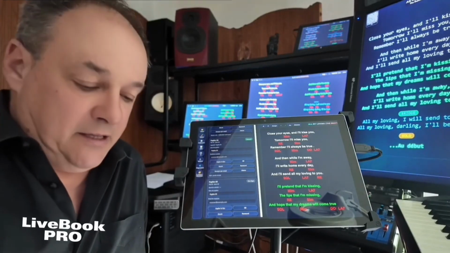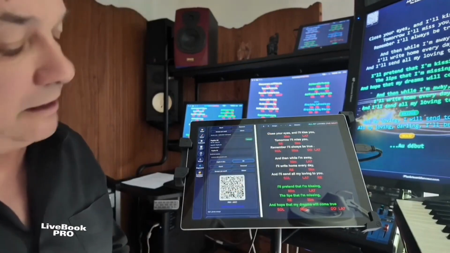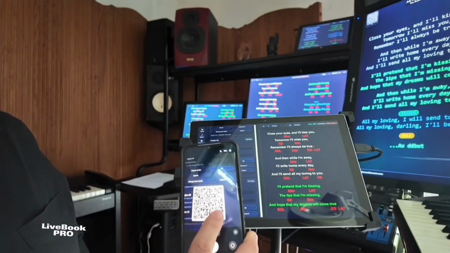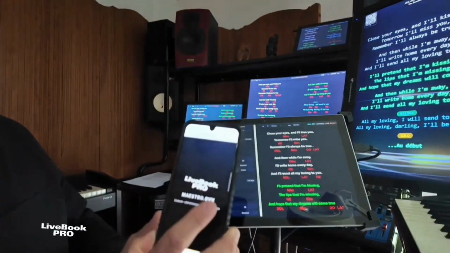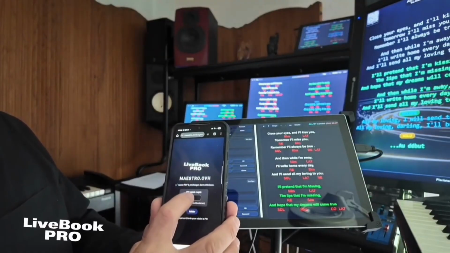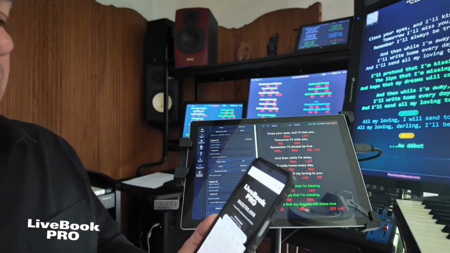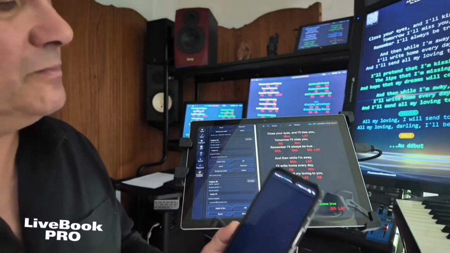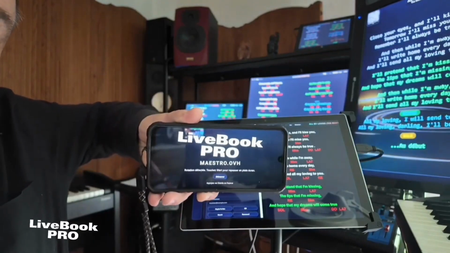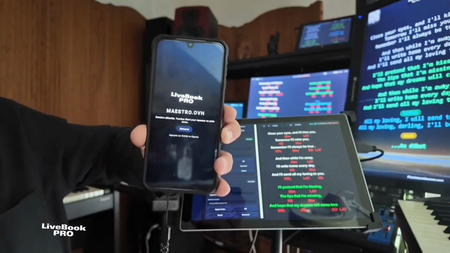To finish with the slaves, it's also possible to synchronize Livebook directly with a QR code by selecting it via your phone. And obviously, Maestro is fully compatible on mobile phones. It's very handy when you don't want to take your tablet directly and you have good eyesight, obviously. Here is Livebook on a phone. In landscape, as in portrait,